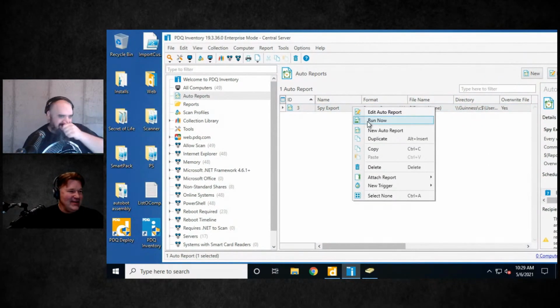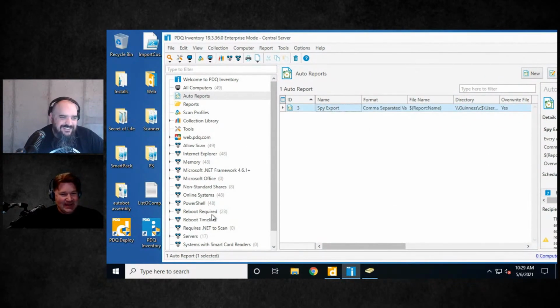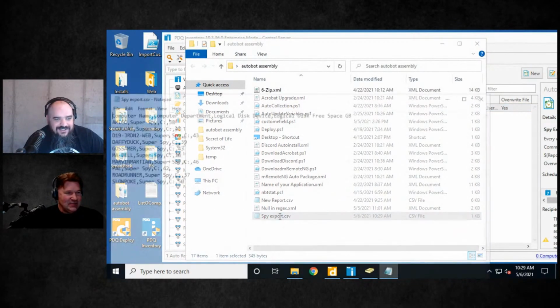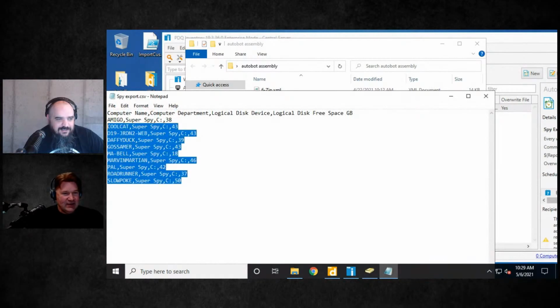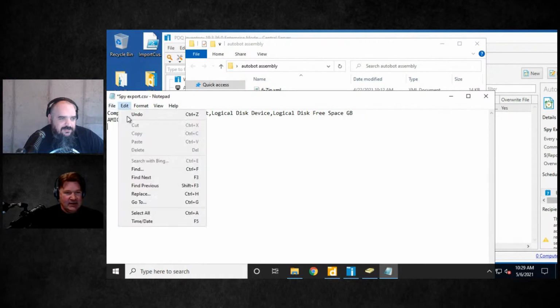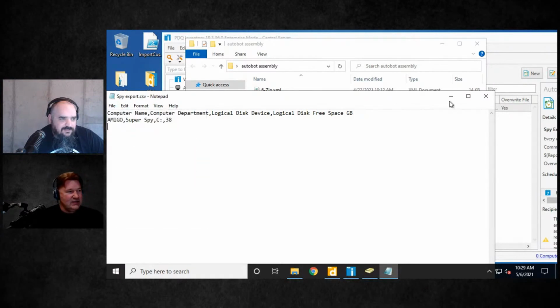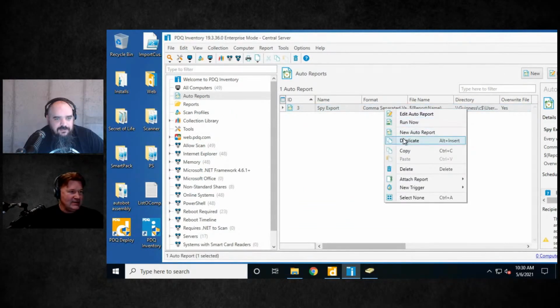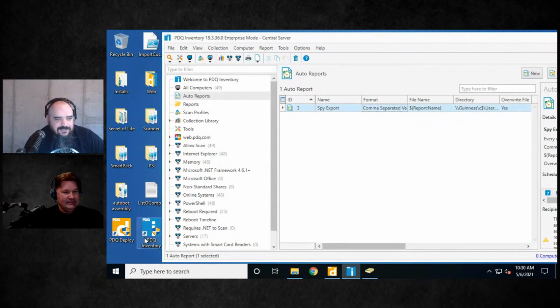Yeah, go ahead and run this. Just don't put anything out. There it is, the Super Spy export. All right, I'm going to delete this stuff so there's only one entry in it. Okay, save it, and then I'm going to write over it, just to prove that I can do something right eventually. All right, so next time this runs, it should overwrite it.